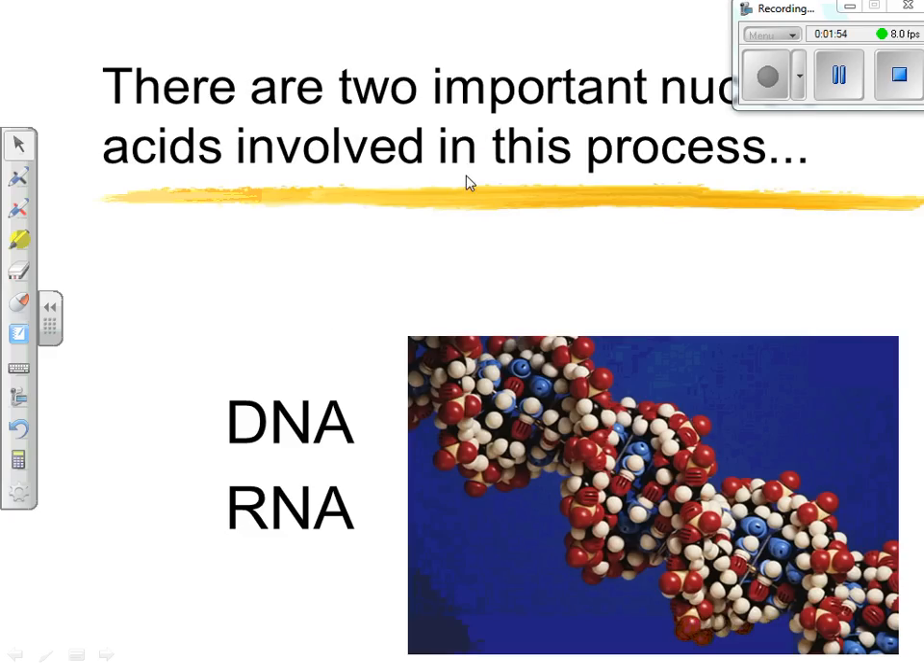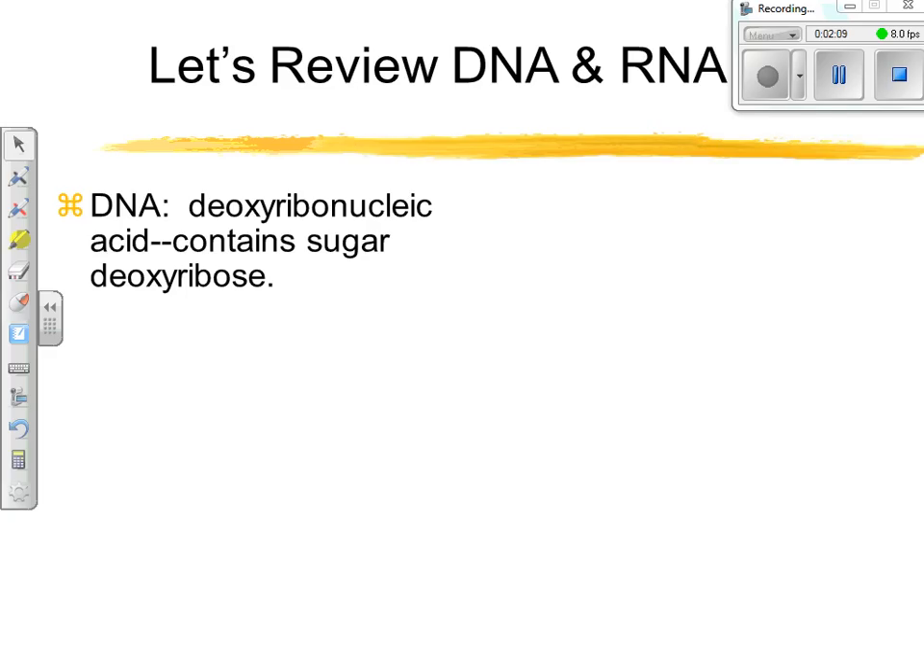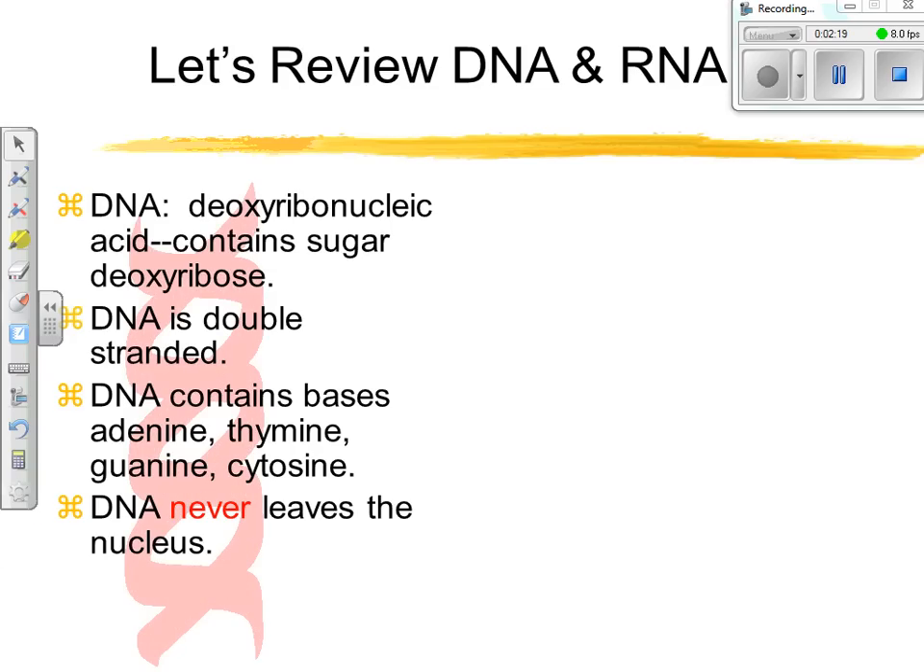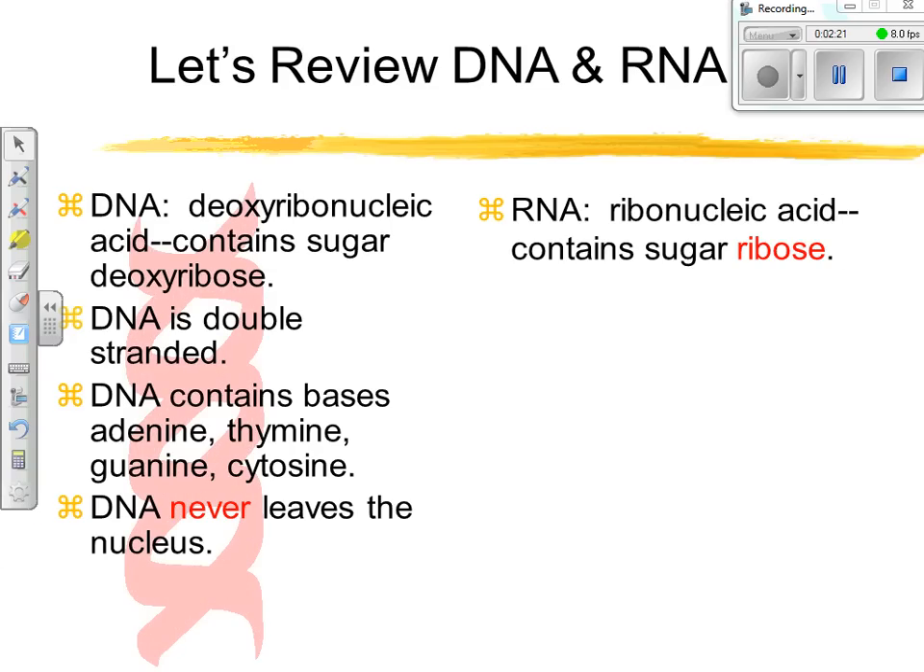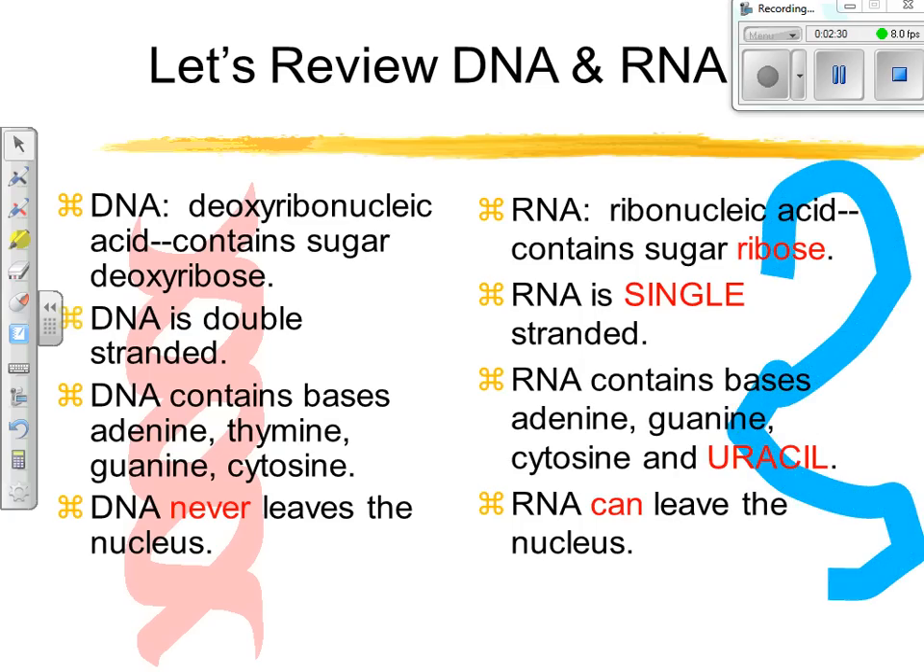there are 2 important nucleic acids involved in this process. There's DNA and RNA, deoxyribonucleic acid and ribonucleic acid. So let's review the difference between DNA and RNA, and also nucleic acids, remember, are responsible for heredity and the control of traits in a body, in a cell. Okay, so DNA again